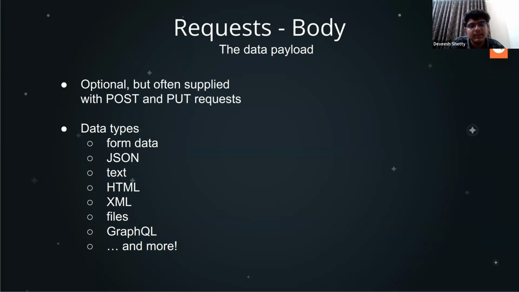Then data types. Data types tell how you can pass the data. You can pass it as a form. You can pass it as JSON. JSON means JavaScript Object Notation. You can use it in any programming language. It's a particular standard in which you can retrieve data. Most of the time we'll be using JSON only, so keep that in mind. Then you can send and get HTML also. We saw that in the Google example. You can send normal text files also and more. So that's about data types, what you can send.